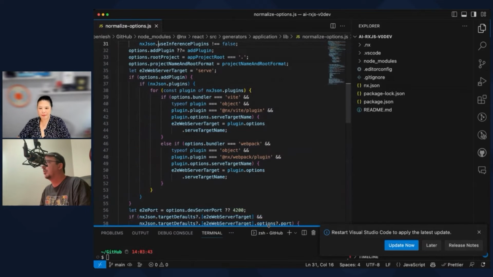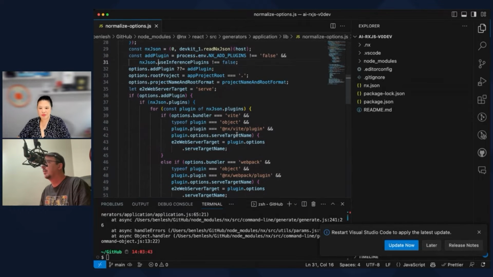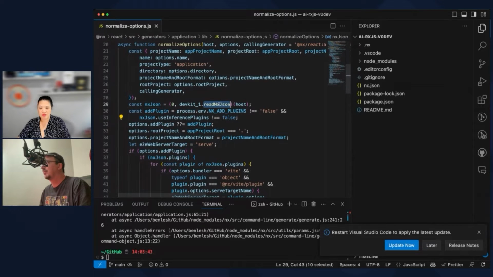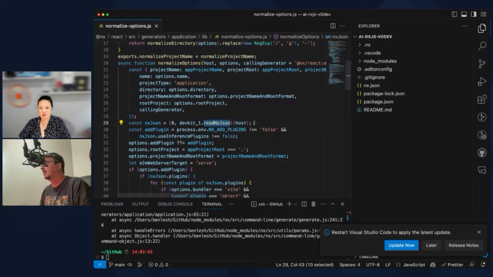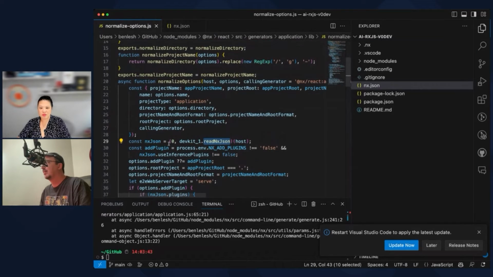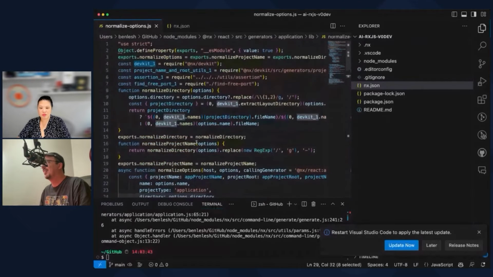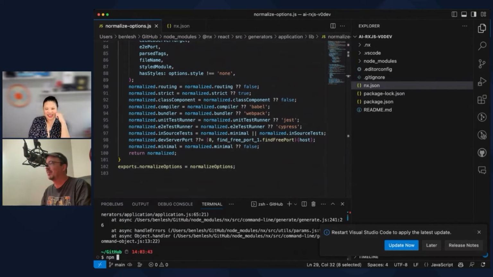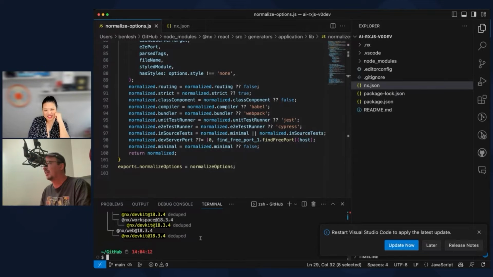Oh, everything's all huge now. So nx.json didn't give us any JSON when we read this, and that's because why? I don't know. I'm sure that what we're doing is not correct. Let's say npm ls nx devkit. It's not a good advertisement for NX right now.